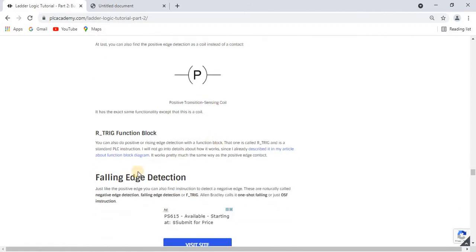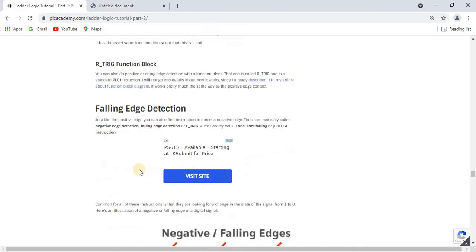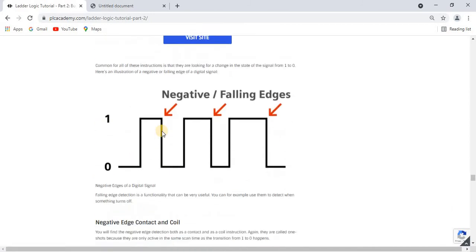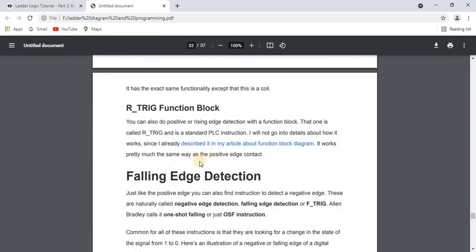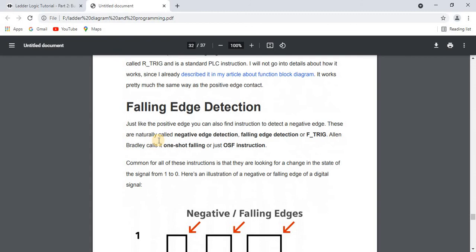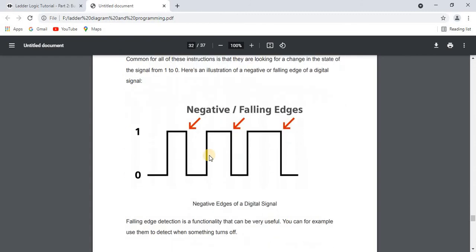So the next one is falling edge detection. These are the negative edges. You can see here clearly.